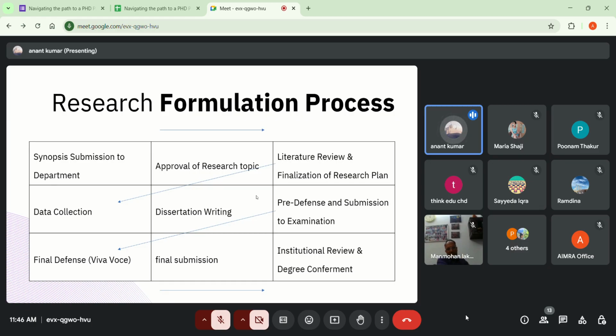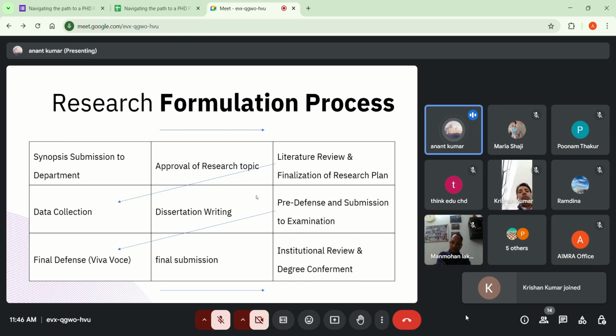And then you do a pre-defense. Pre-defense is a pre-submission, which means you will send your research to the research department, the committee. If they find it okay, then they will call you for the final viva. Final viva is the day where you have to come and present your research in front of the selection committee, the research committee of the university. It also has an external examiner from a government local university.